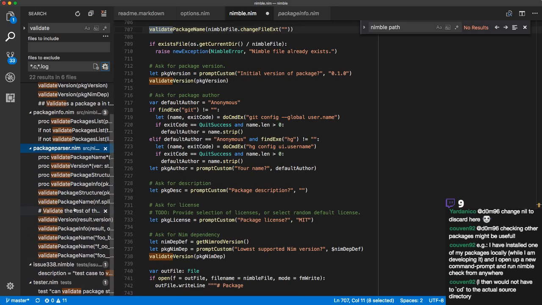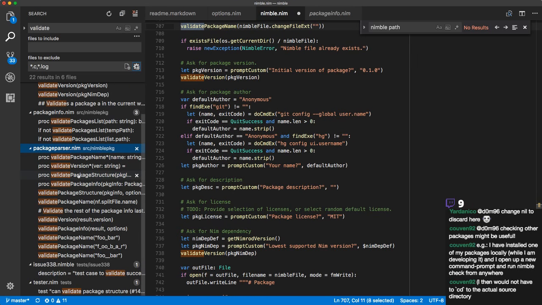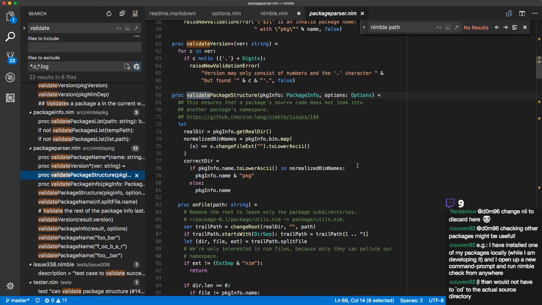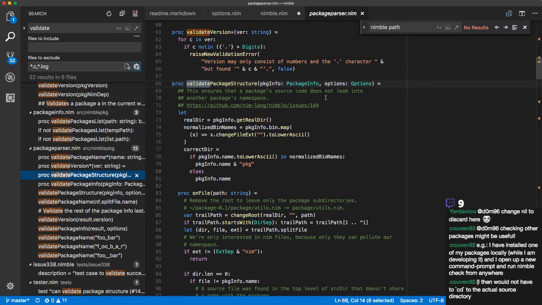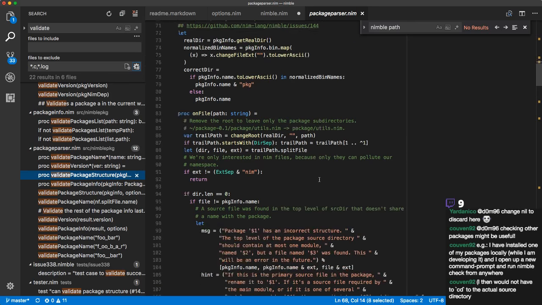And then look at this. Package parser has a number of nice functions, like for example, validate package structure. Yeah, we want that, definitely. Validate version, validate package name,